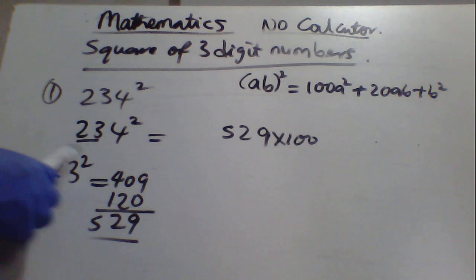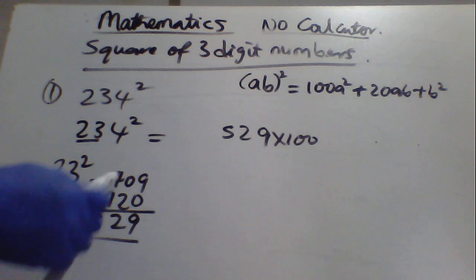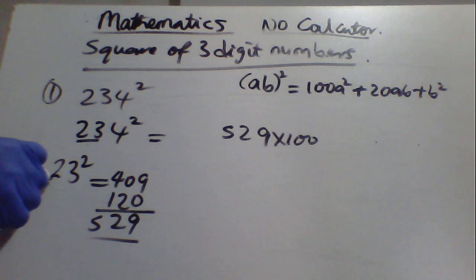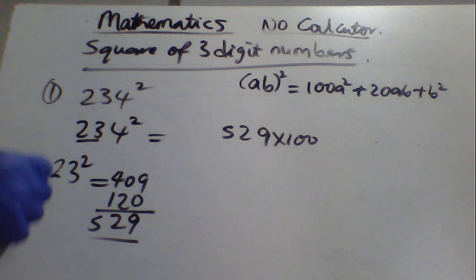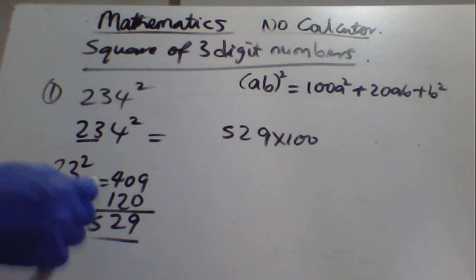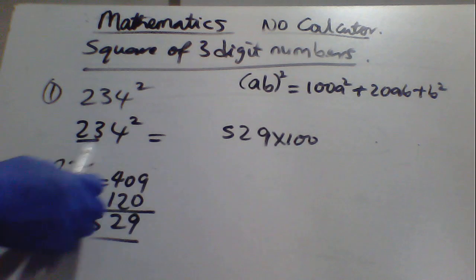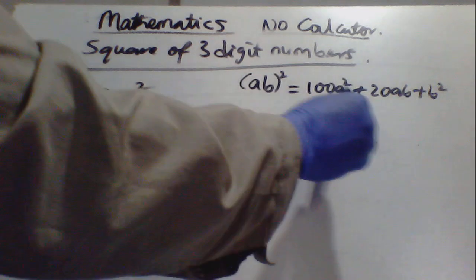You still have to multiply by 100 as a subset. So that's why you have the square of this one, multiply by 100, gives us 400. Square the last one immediately, gives us 9, add it up, gives us 409. Multiply 2 by 3, gives us 6, times 20, gives us 120. Add up. Remember that you already squared this and multiply it by 100. Now you have